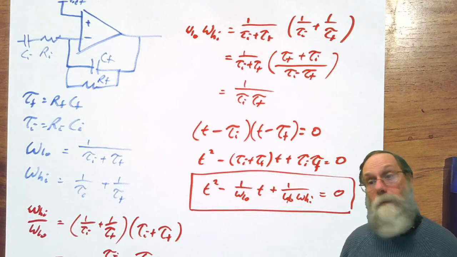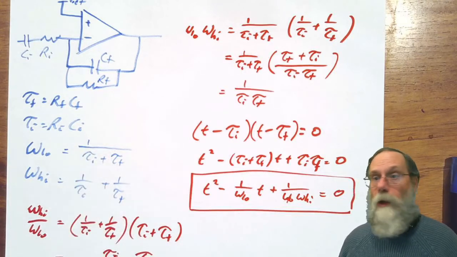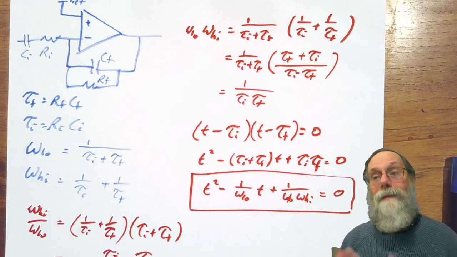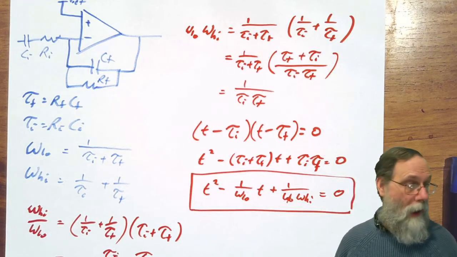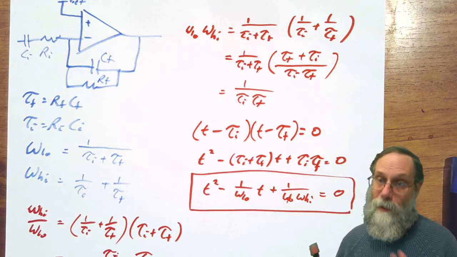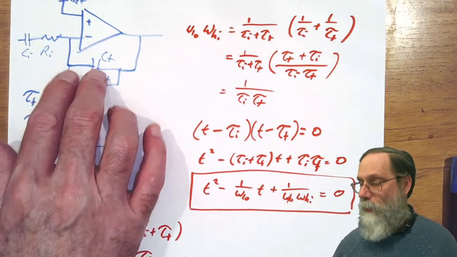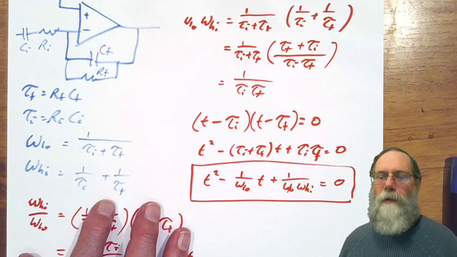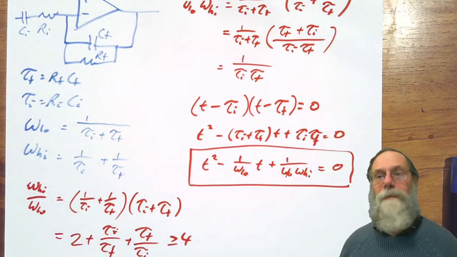You could, in fact, have swapped those. Notice that the corner frequency equations here don't care which one's on the input and which one's on the feedback. The gain equation, though, the resistors and capacitors there did matter, because for the gain equation we had on top one resistor and the other capacitor. And so if you wanted to get a large gain, it does matter which way round you put the two time constants.